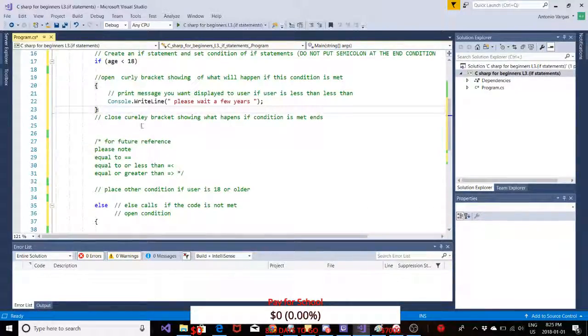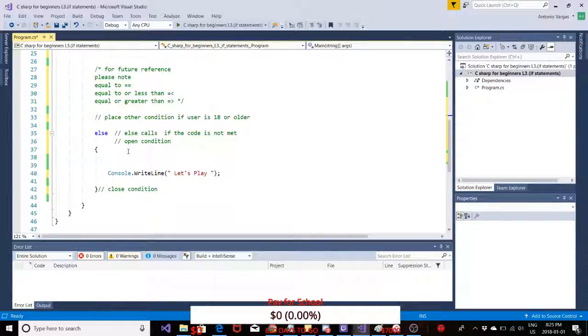Okay, so the next thing I have for you is we want to place another condition if the user is older than 18. Now there's two things to keep in mind here. If you want to place in more criteria for the user,